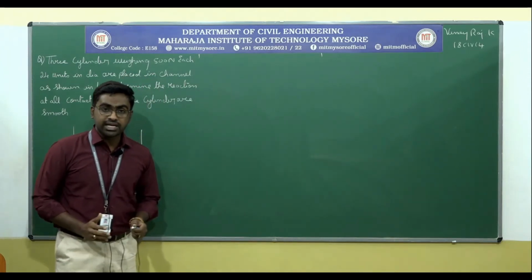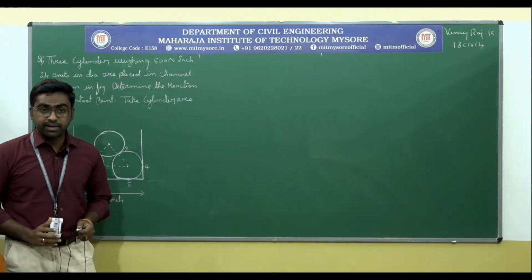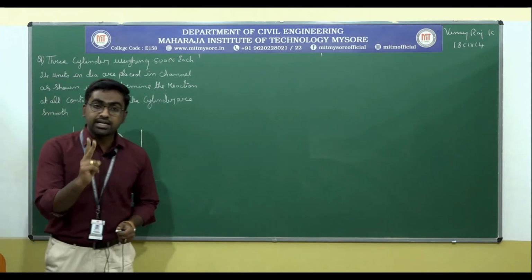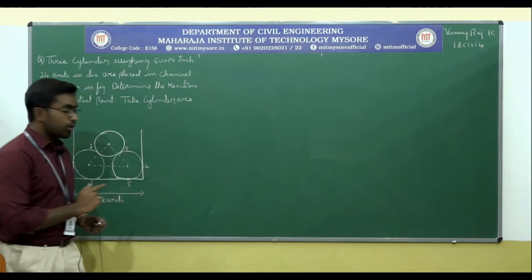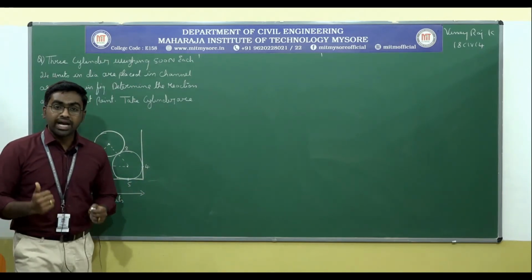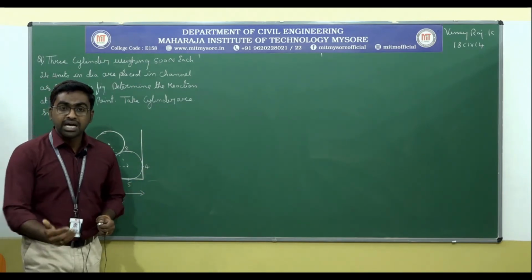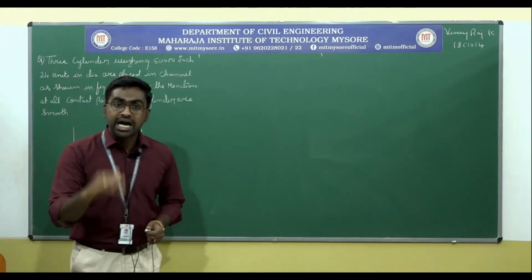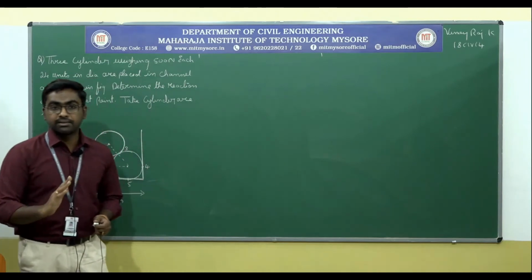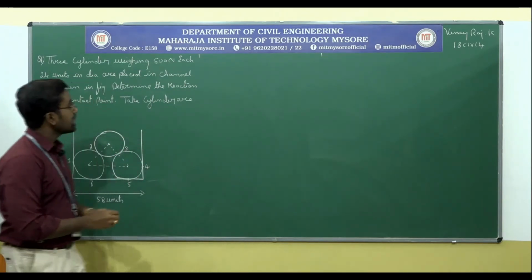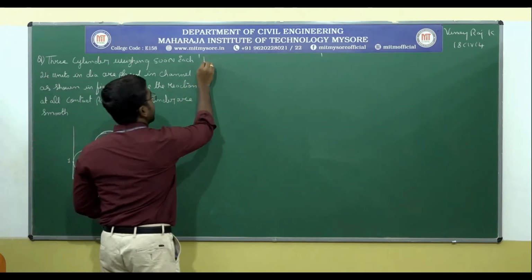So in the last session I have explained how to write the free body diagram if 2 cylinders or 3 cylinders are given in the problem. In this particular problem there are 3 cylinders, so I need to draw the free body diagram considering all the cylinders simultaneously, that means at the same time, right? Now let me draw the free body diagram